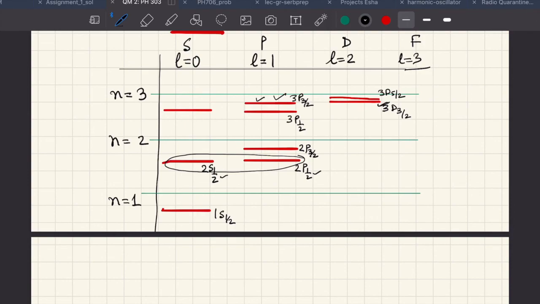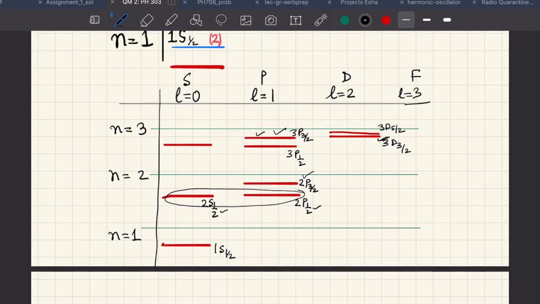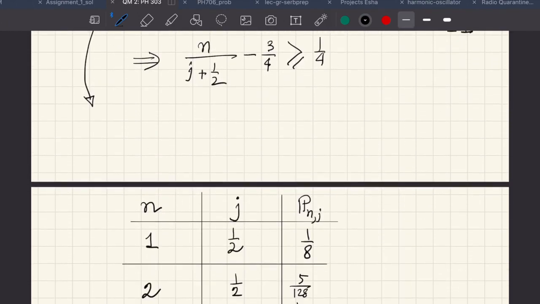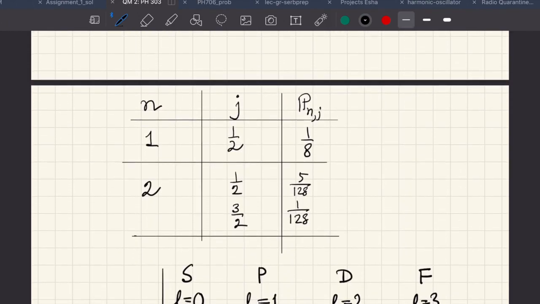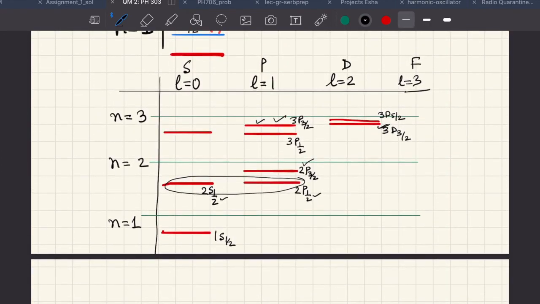Now 2p 3/2, let us look at this. 2p 3/2 has a higher j, which is equal to 3/2. Therefore, that P and J which we have defined is smaller. You look at this P and J here. P and J for 2p 3/2 is smaller, and therefore it lowers less. Therefore, it is comparatively on a higher side than 2p 1/2. So this completes the discussion on fine structure of the hydrogen atom.